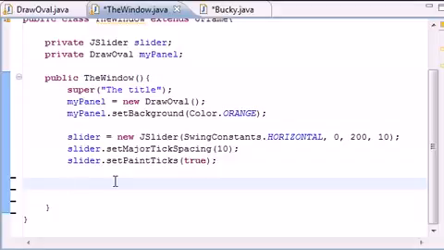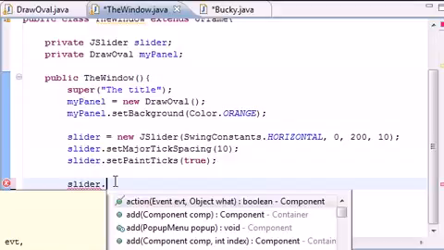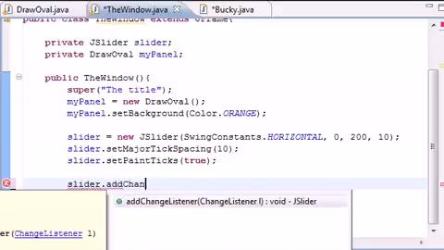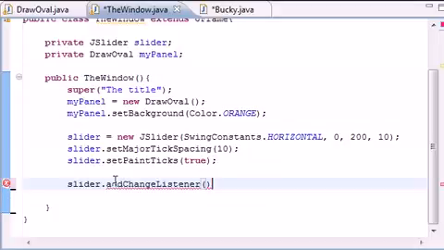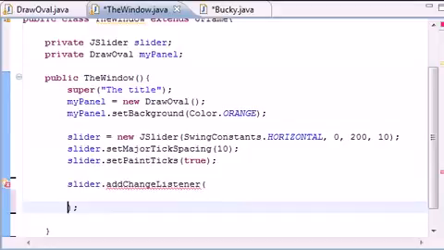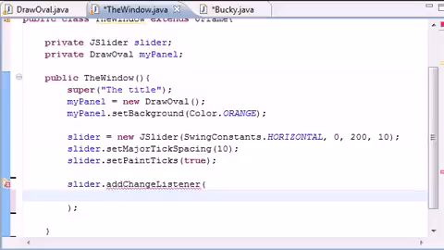Enough of me talking, let's just go ahead and start typing. In order to add a listener for a slider, you put add change listener, and this is the type of listener that you use. Now go ahead and put a parenthesis after that, and this argument is going to take a whole bunch of code, so give yourself some room. So inside your argument for your listener, go ahead and write new